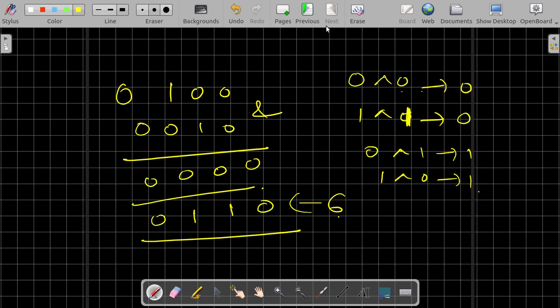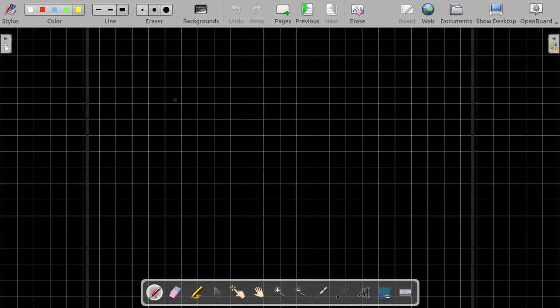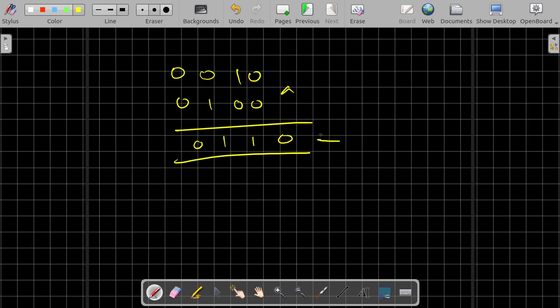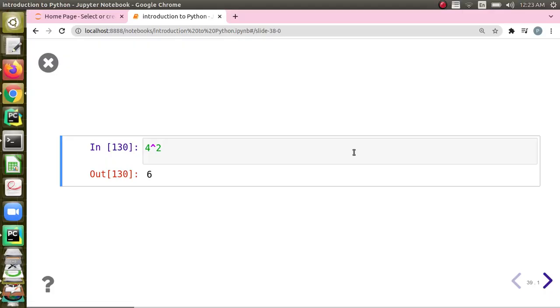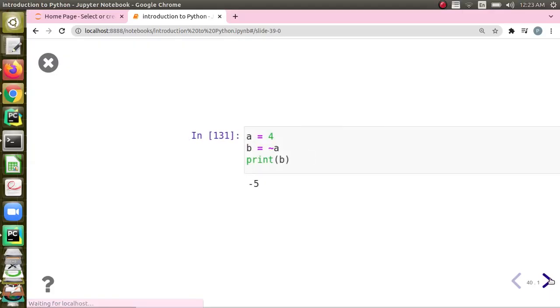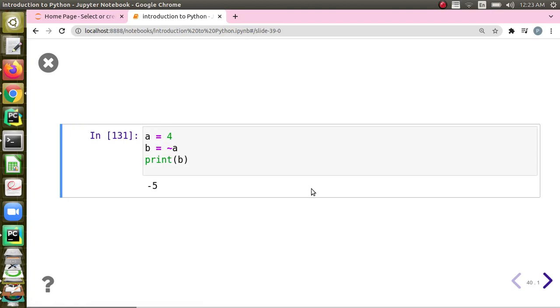And when we do exclusive OR between 4 and 2, what we will get will be 0 1 1 0. So this is also 6. That's what we will observe when we do this. And negation.